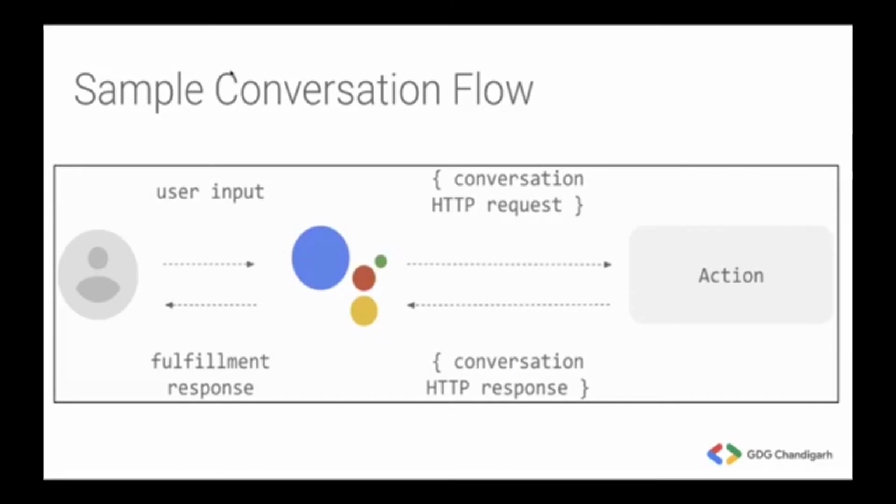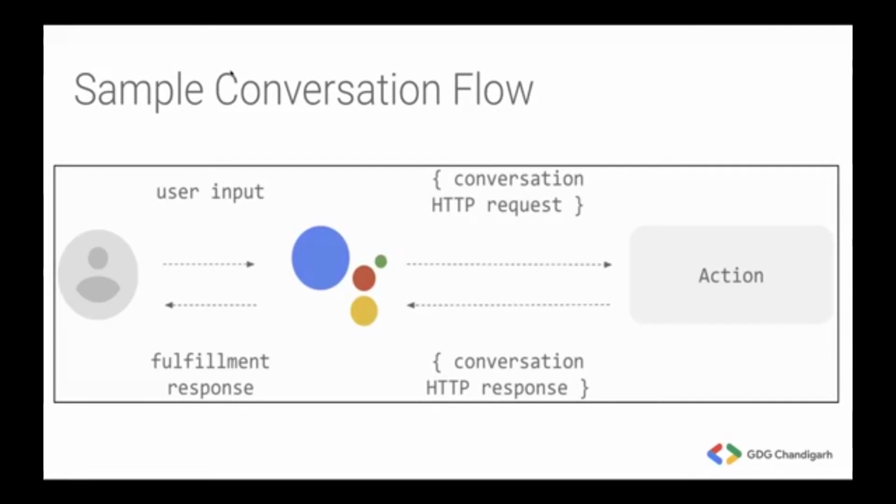Okay, so here we have mentioned user input, that is plain text or natural language that is being uttered from a mouth, right? And that is being converted into an HTTP request, that is maybe a REST API or whatever you want to call it. It's an API that we invoke, and it is being sent to the backend,